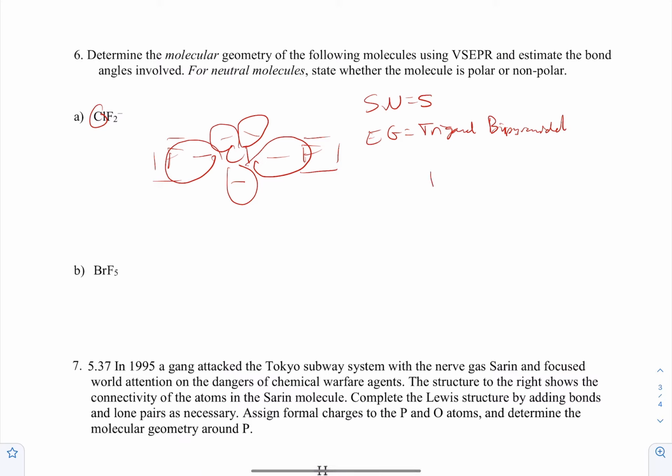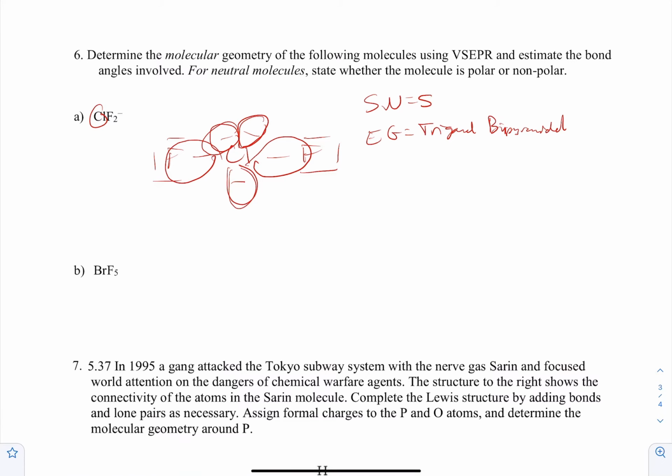All it is, it's this line with pretty much a triangle around it, and then a bond here, and then technically if they were all bonds, they would be all around here. Okay, so that's kind of what it looks like. We call this the axial plane, and this triangle here around it, it's technically flat, and we call it the equatorial plane. Okay, so then I have to figure out based on the number of lone pairs what this actually